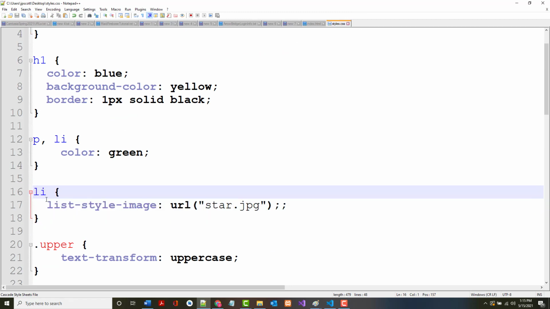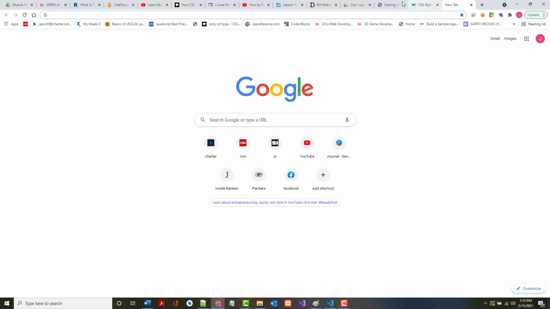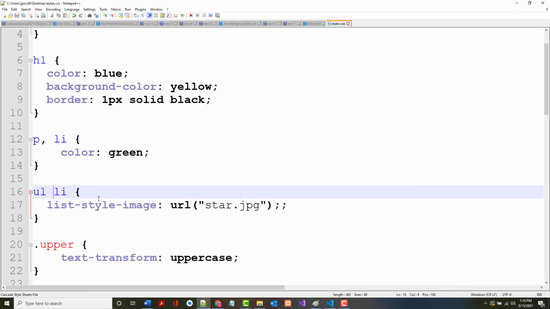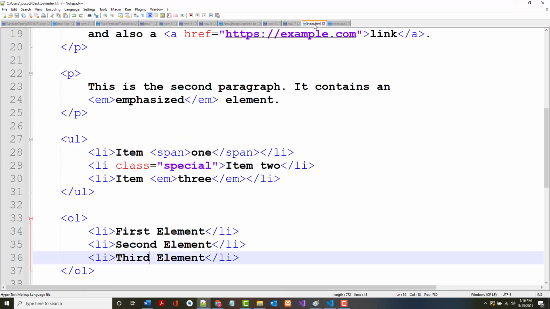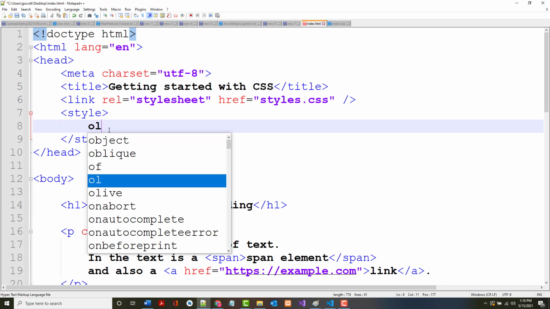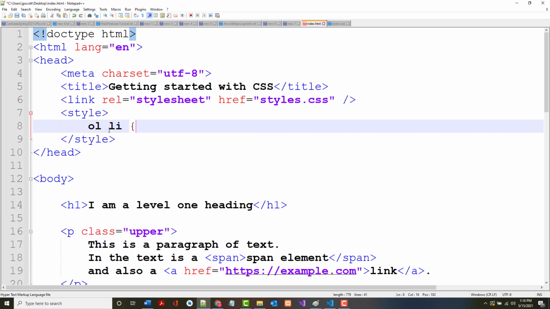Okay, that's fine. So let's put here, let's see if we put in UL space LI, if that removes them from here. And this should say 1, 2, 3. And there you go. So who cares? Well, I'm going to put some styling in here, but I'm going to use an internal style. So I'm going to say in here, all of my OLs, all of my list items inside of an OL,